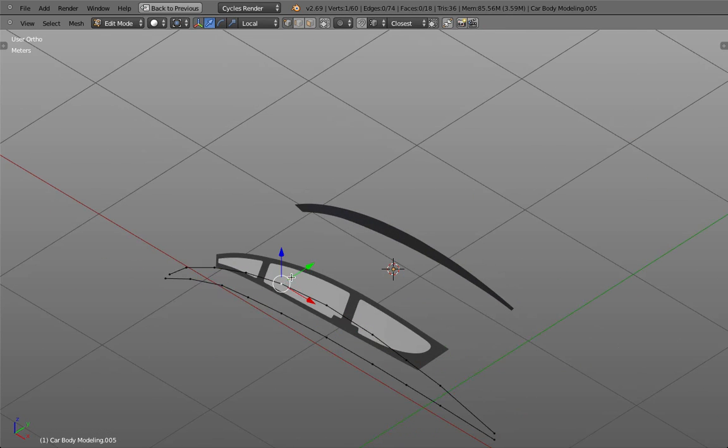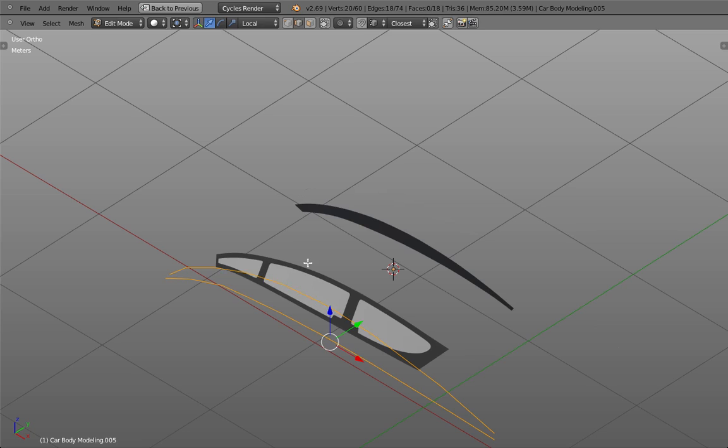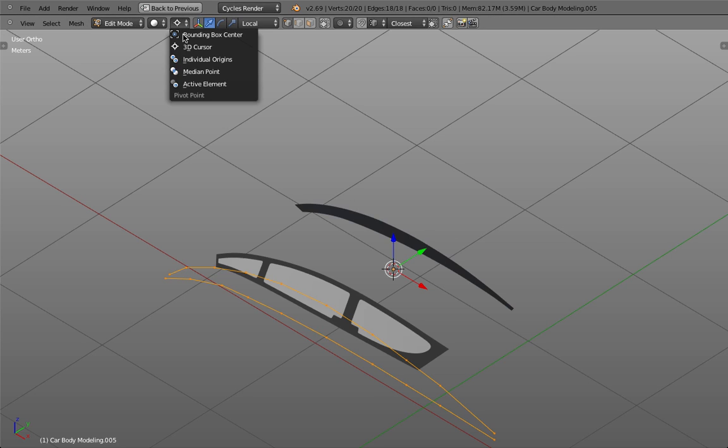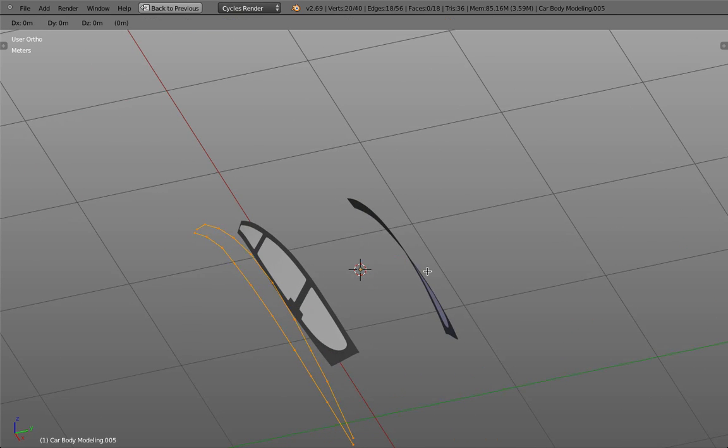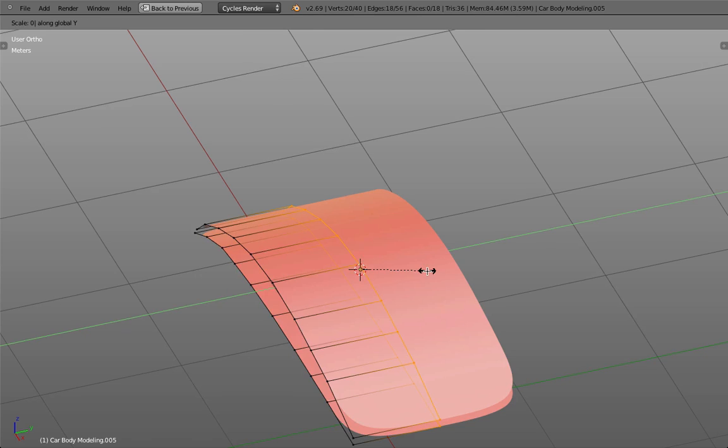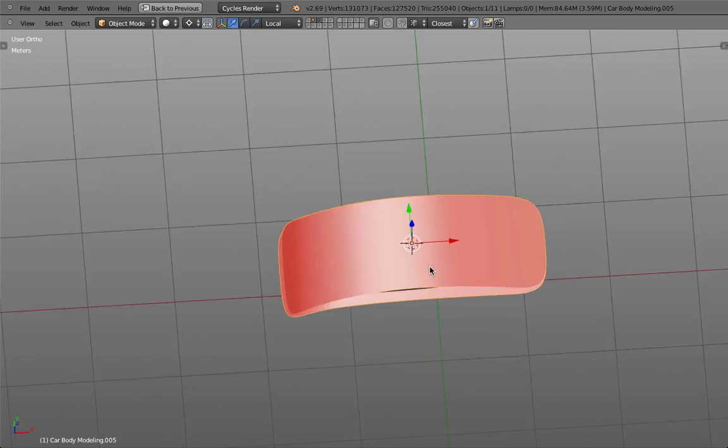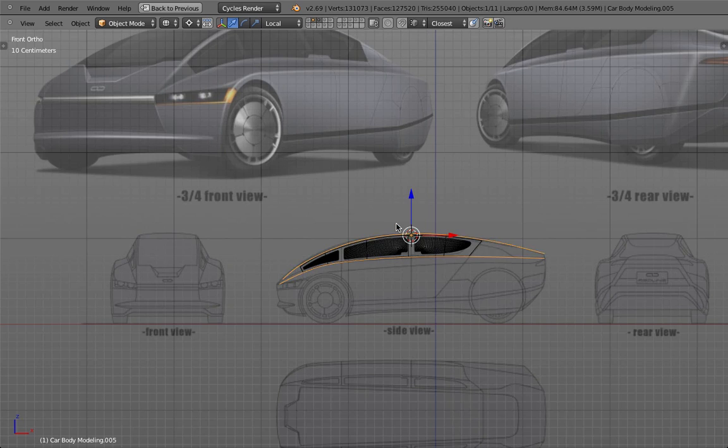Hold on. Okay, not sure. Oh, yeah, makes sense. The 3D cursor has to be my scale target. So E, S, Y, 0. There we are. Okay, so basically now I created a plane that would cut through my car, and it's actually